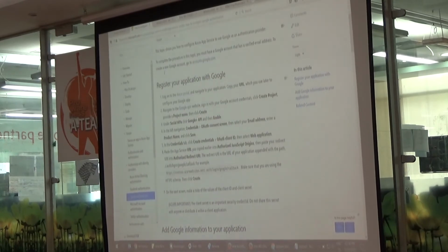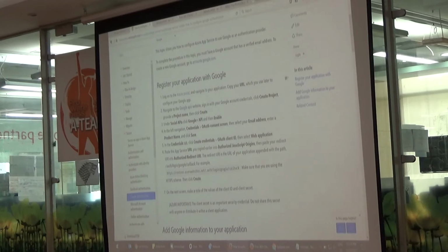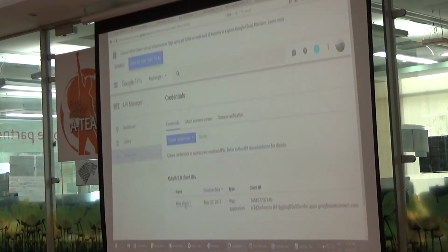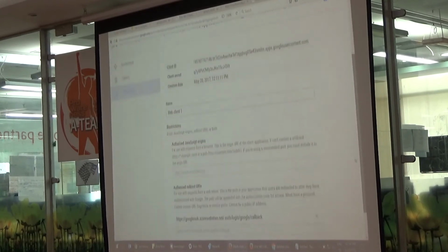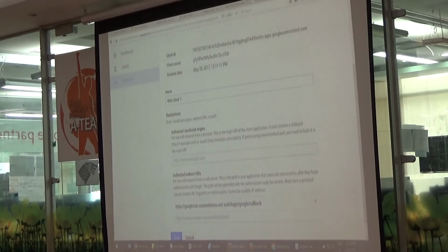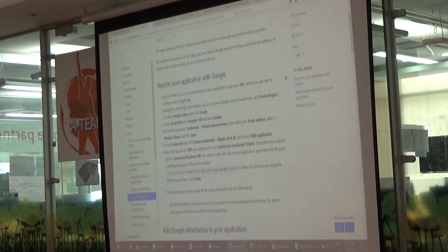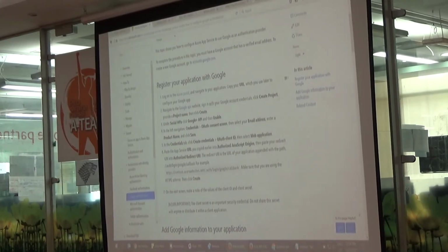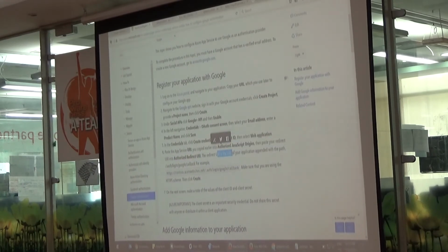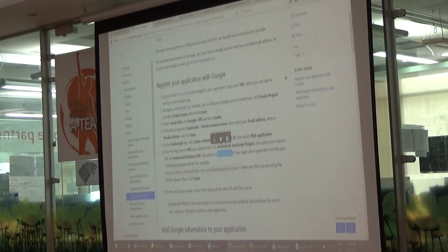But just to speed things up, this is the step we missed: Authorized JavaScript origin. If you notice, there was another text box here. We did the redirect URL. We did not do the authorized JavaScript origin. Again, this is for additional security. I want to make sure that only JavaScript from my URL is trusted by Google. So basically, what it is saying is put the URL of your app in the authorized JavaScript origin.